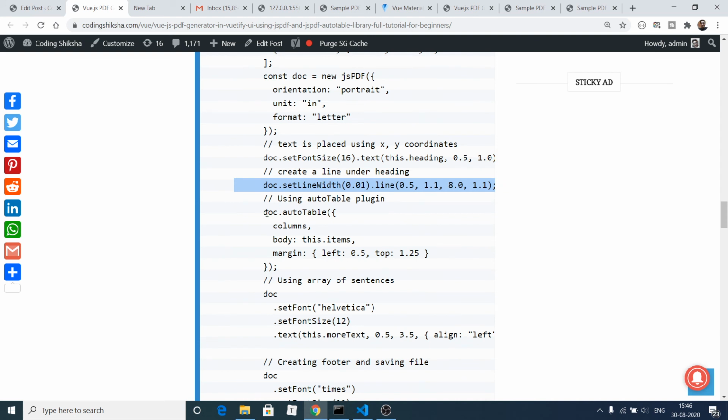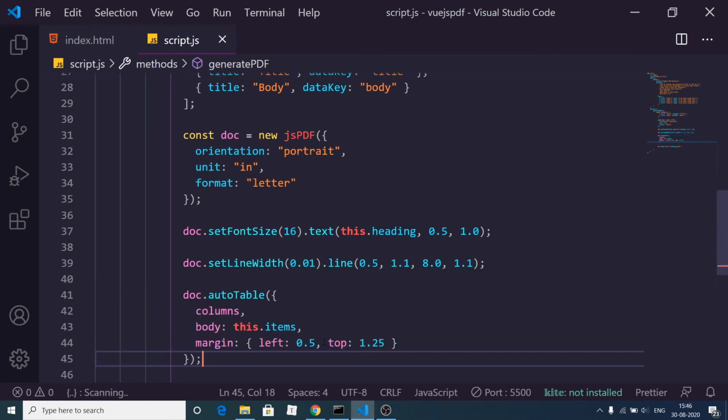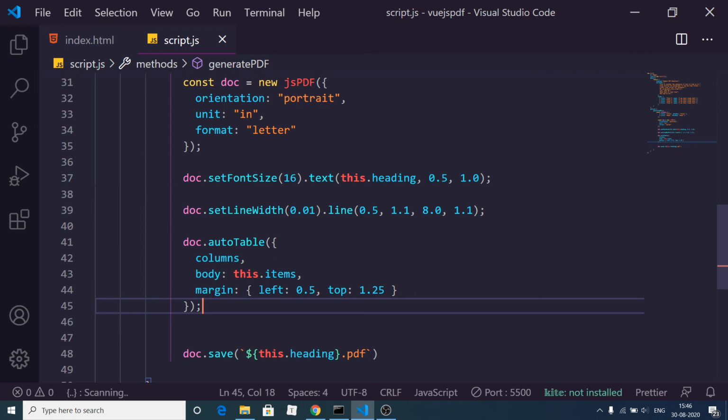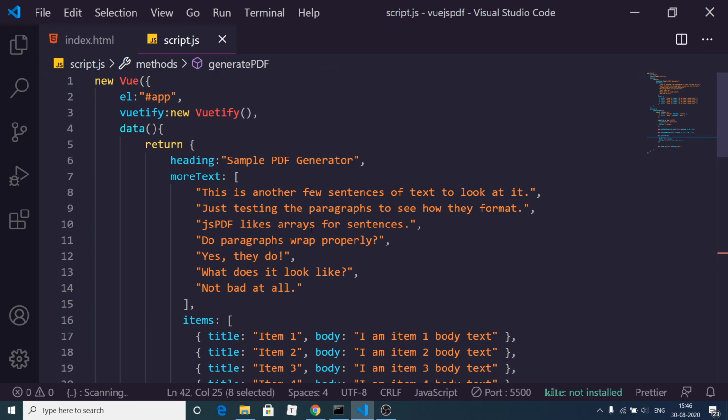After having this, guys, you will create the auto table, doc.auto table. We will draw the table with the set of items that we have, this dot items. So basically we will provide these two properties, margin from the left position and the top position. So we will put the columns and we have the body, basically whatever items that we have. These are the 5 items that we have.